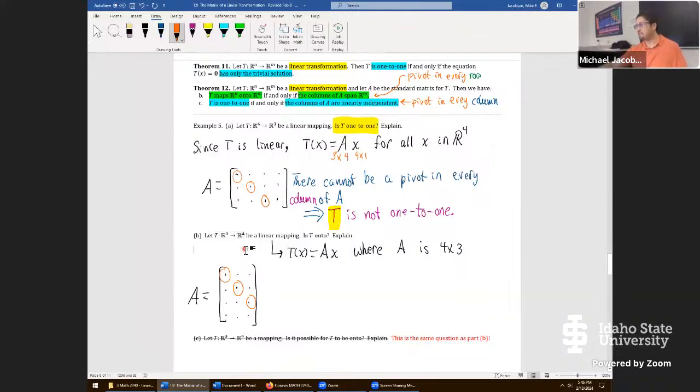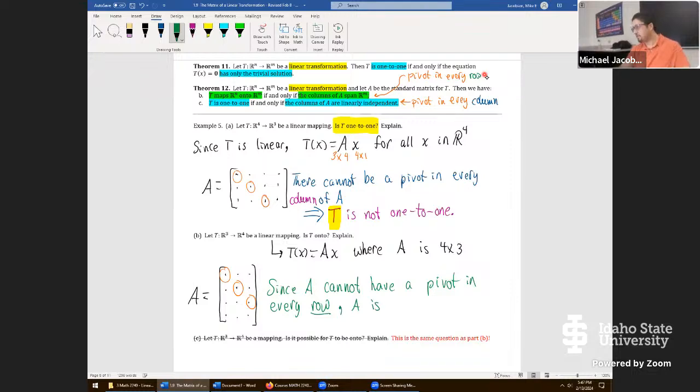But now our conclusion goes like this. Let's pay very special attention to row. Observe that there's no way you could have pivots in every row. So we'll say, since A, let's say this is a stronger way. I was going to say doesn't have, but let's say cannot have. No matter what you do, this is a fact about this matrix. Since A cannot have a pivot in every row,